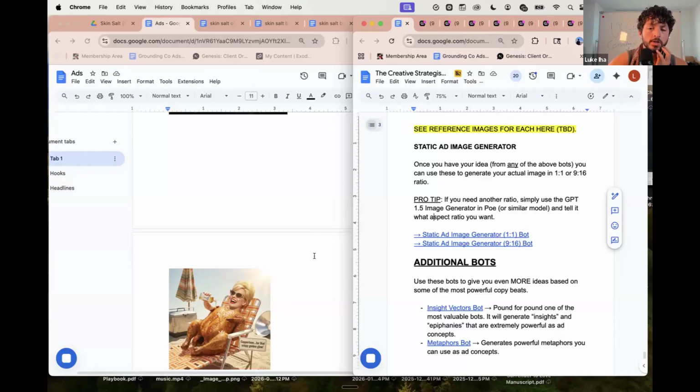Alex says, want to know what to do when starting to work with a client. Start with an audit, then look at the best and worst ads, what can be learned, doubling down on what's winning, what they haven't done yet. Then you just present the ideas to the client. Once aligned, just go ahead and build those ads with the bot. Yeah, pretty much exactly that. Every client relationship will be different. They may have specific things they want you to do, but that's basically it. Doubling down on winners and then looking for gaps is huge. This is what I would pay attention to.